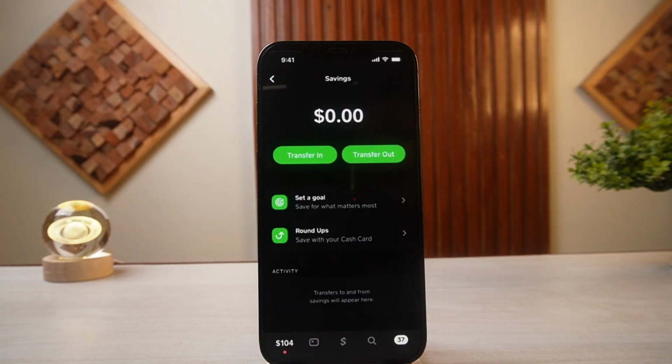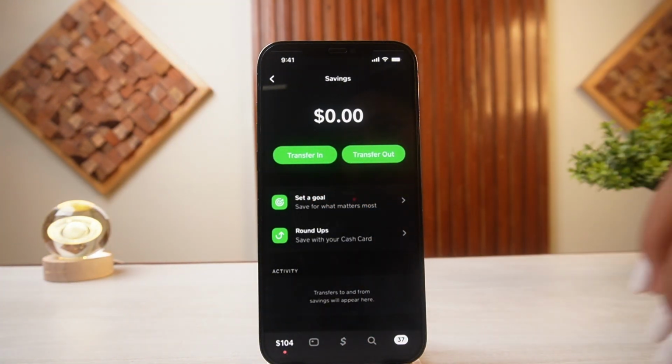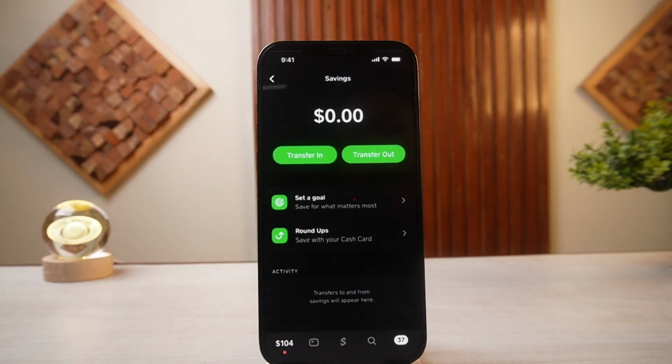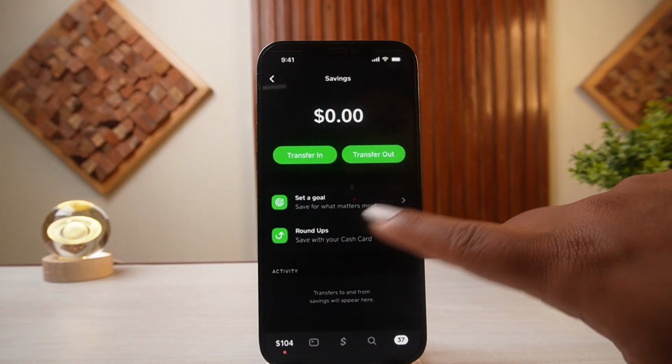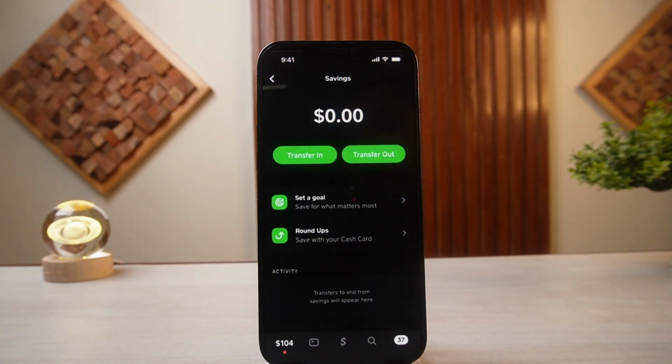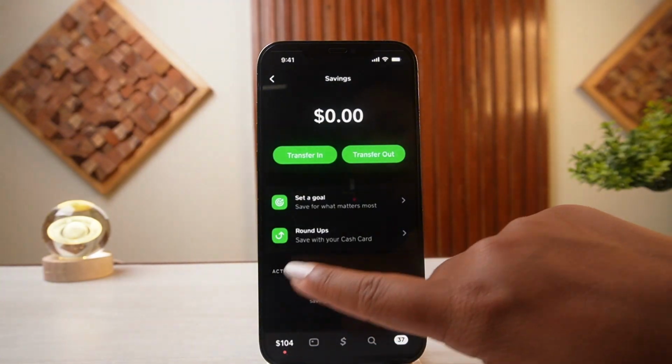After tapping on savings option here, you can see there are a lot of things that you'll be able to do. First of all, what we need to do is simply tap on transfer in and transfer the money in your savings account. After doing that, if you want to set a goal, you can simply tap on set a goal and go along with the process of how you will be able to set your goal for your Cash App savings account. You can also do roundups, and in here you will be able to see all of your